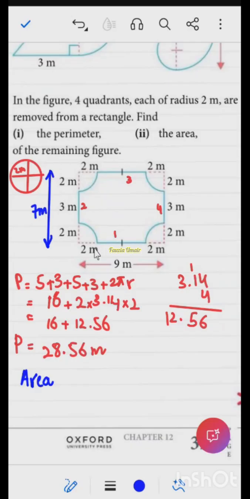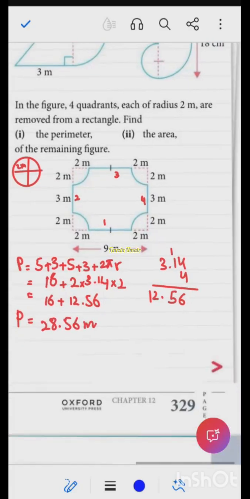First of all, we will find the area of this complete rectangle. So the total area is the area of the rectangle minus the area of